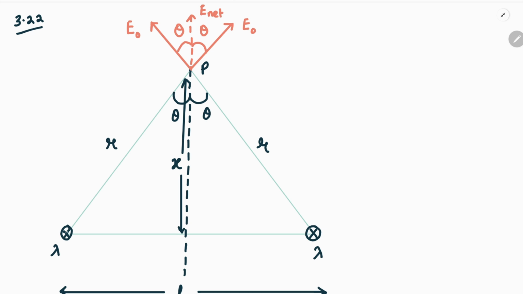So this is a positive charge wire, so it is going to have an electric field which is directed away from it, which we are representing over here as E naught. Similarly, this charge which is also positively charged will have electric field directed away from it, having the same strength E naught, as the separation between them from the point P is the same. So over here these are the two fields that we have noted in the plane of this system. Over here the separation is L, so we cut this as L by 2